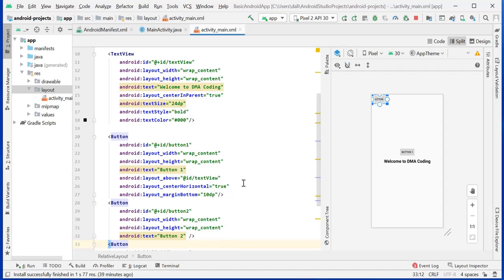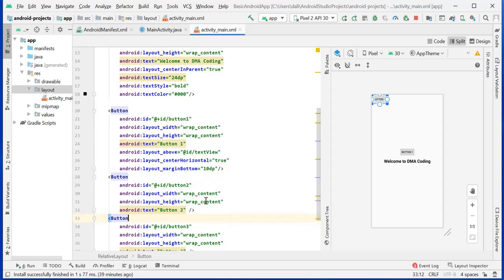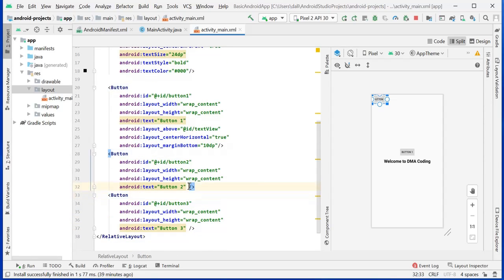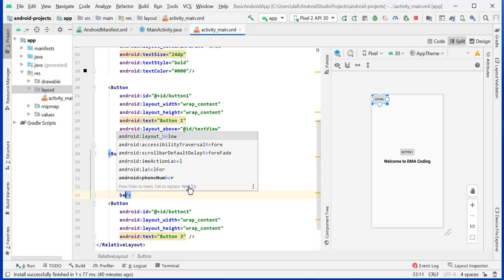In relative layout you need to manage everything: where you want to place a particular view or item, you need to define everything, like what margin should be there, should it be in the center or on the left. Now button 2, we want just below this DMA text.